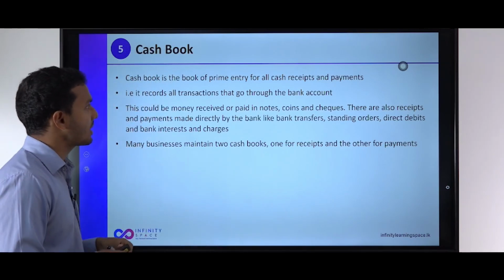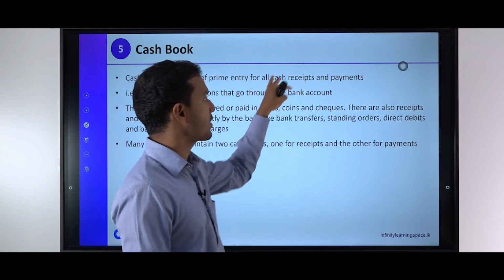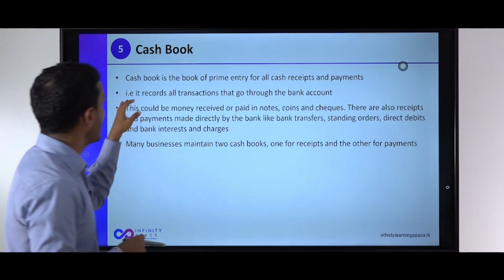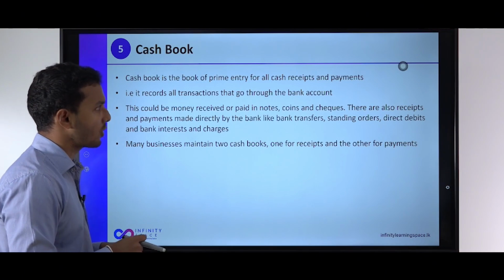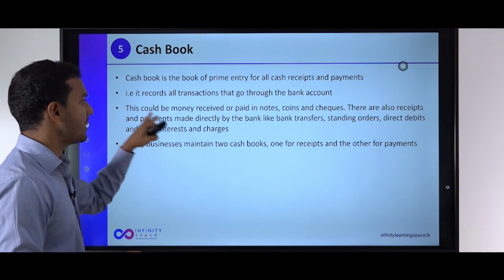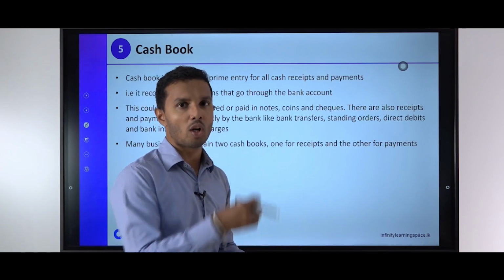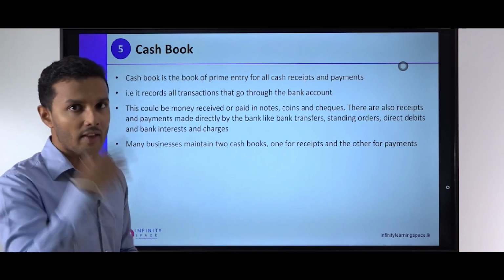The cash book is the book of prime entry for all cash receipts and payments. Receipts is when we receive cash. That is, it records all transactions that go through the bank account. This could be money received or paid in notes and coins. So when we pay in notes and coins or when we receive notes and coins, that will be recorded in